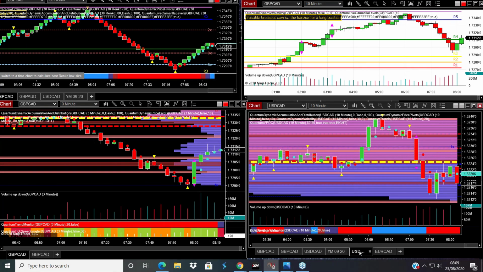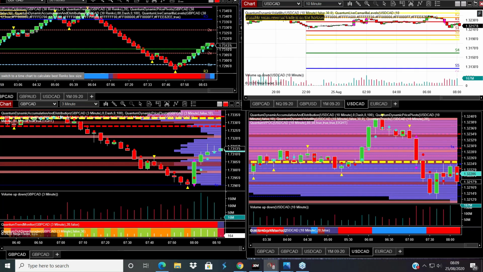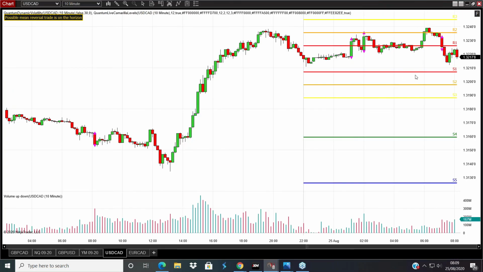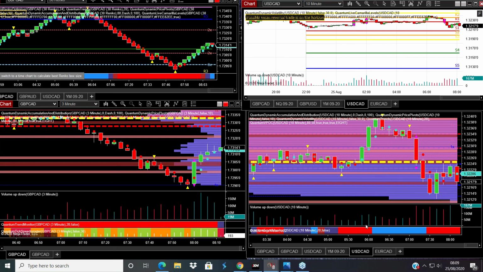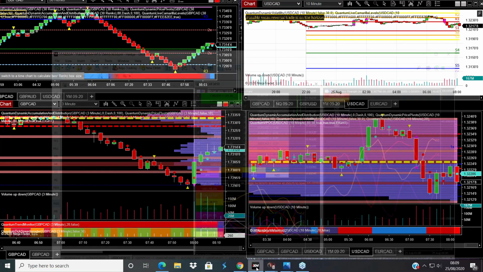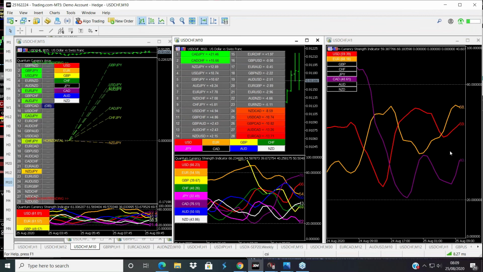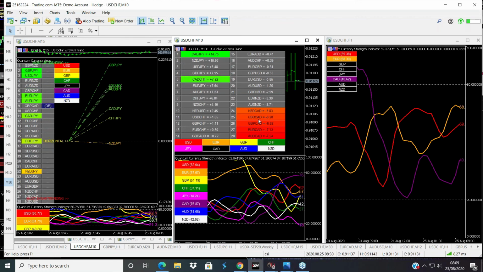And the other one I brought up was the dollar Canadian. Let me have a quick look here. What have I got here? What has that been doing? Let's have a look. In fact, no, I'll leave David to do that, he's been monitoring it more closely. I simply picked it up from this morning based on the CSI that we've got here. This is the hourly chart, and this is the 10-minute that I've got here on the pairs, if you like. In fact, I had the Canadian up, and when I looked at it, the pound was right down at the bottom, and that's actually had this nice reversal high. But I'll let David talk you through that.